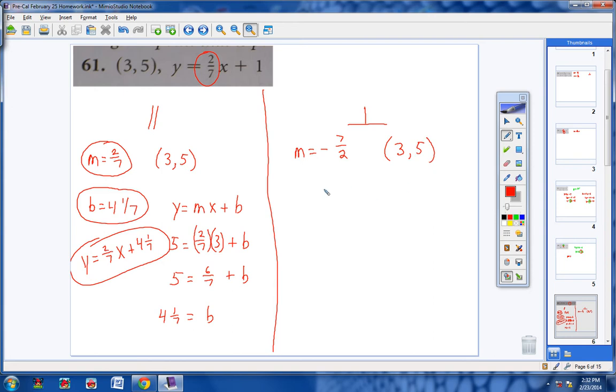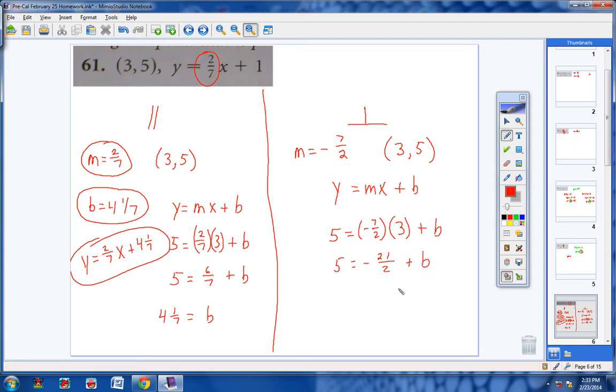So we are so ready to use our formula, y equals mx plus b. So where the y is, I will substitute a 5. Where the slope is, the m, I will substitute negative 7/2. And where the x is, I will substitute 3. All right, let's go ahead and simplify the right side. Negative 7/2 times 3 would be negative 21/2